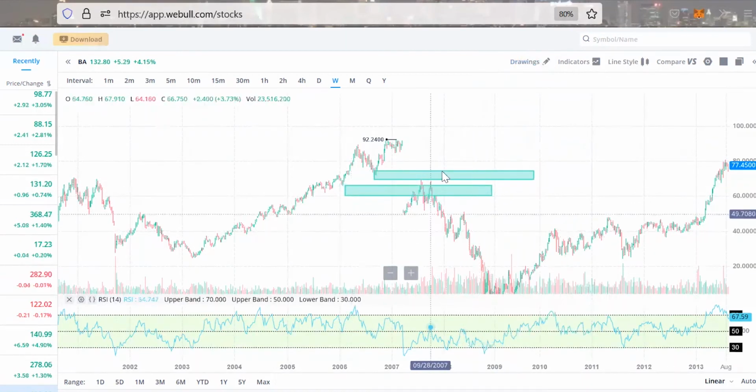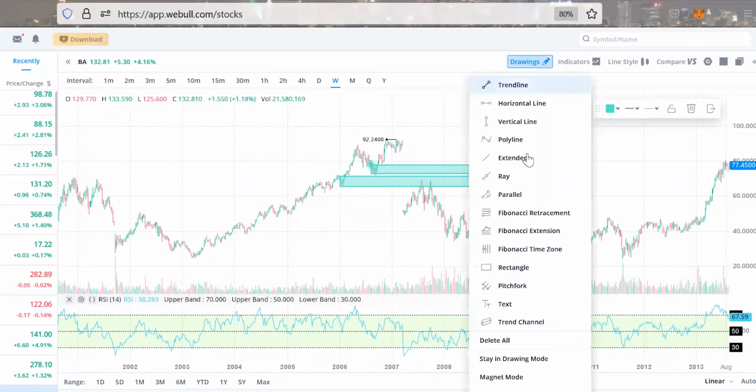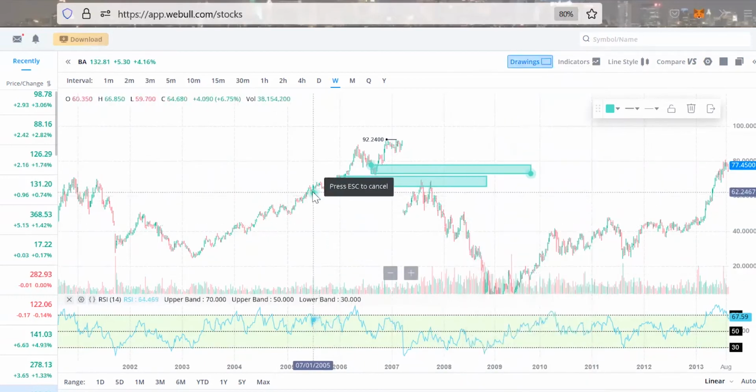Demand zone, right? Because as you can see in the picture, that's where the price went up. So they're going to say it's a demand zone, right? Demand zone. This is how I used to trade. Demand zone,